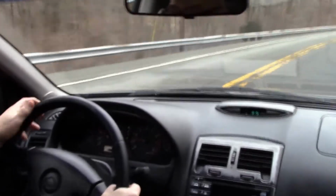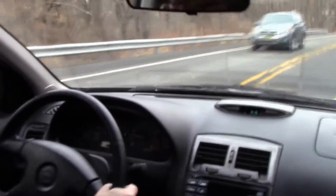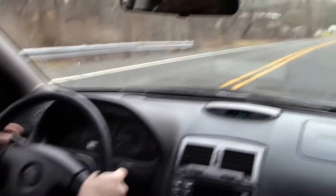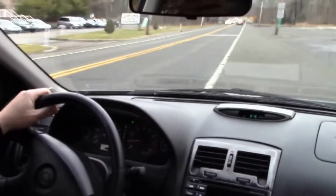Like I said, it's just a nice car. I mean, for a 14-year-old car, I don't think you're going to get any better than this, quite frankly. All right, let me pull into this lot. Here we go. I'll slow down a little bit. And where's that gravel? It's right over here. Now, hands off the wheel and...